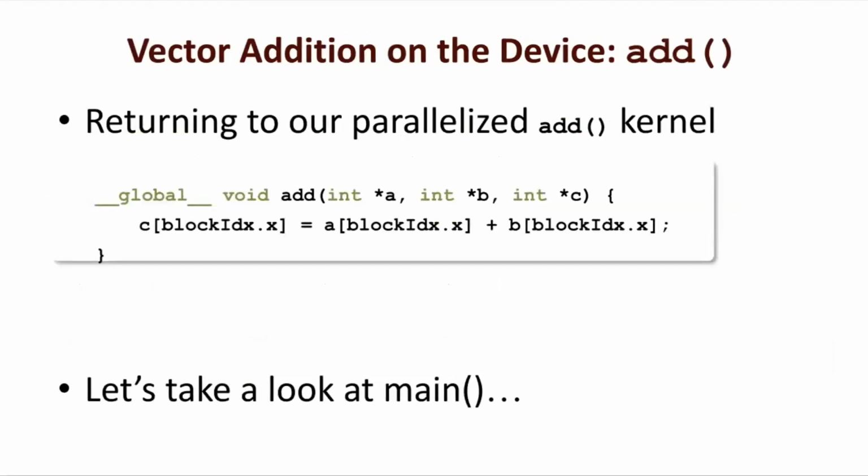So let's go back to the parallelized kernel. That's the one we have been reading. So the kernel here will be not just star C equals to